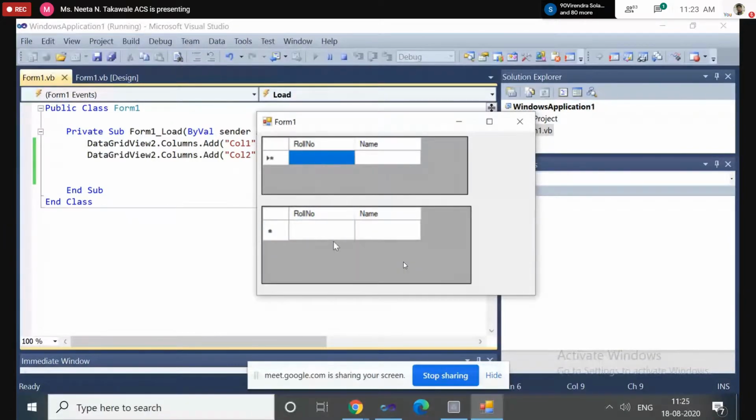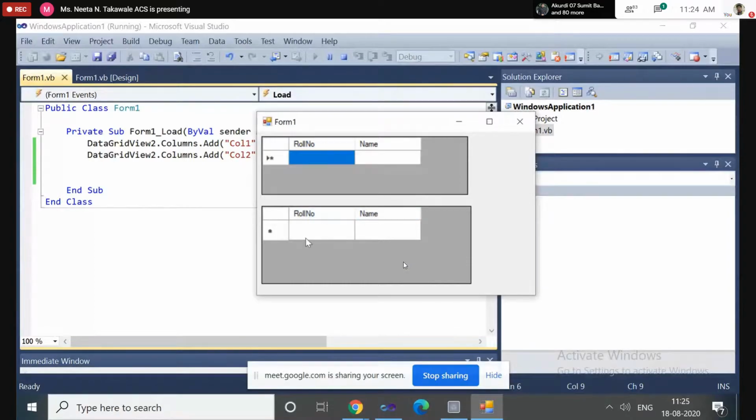Cell. Same. Okay, now we can add the number of rows, by inserting the information into each cell. Now we cannot insert the information at a time in each row. We have to add the information into each cell. So this is the cell under the first column, this is the cell under the second column.